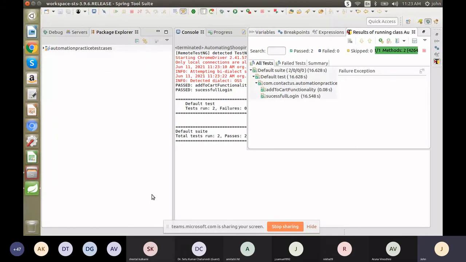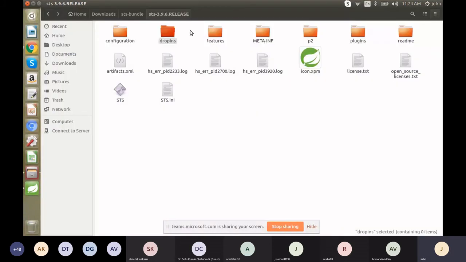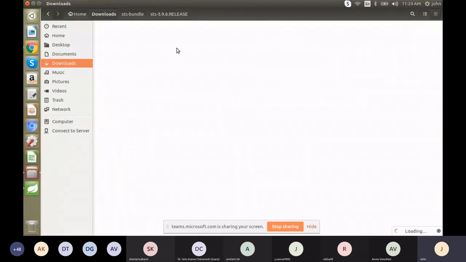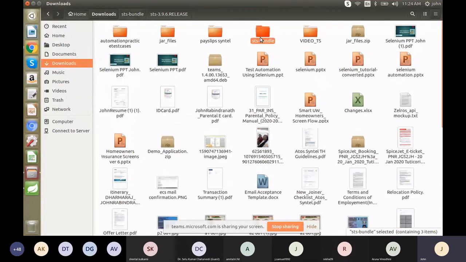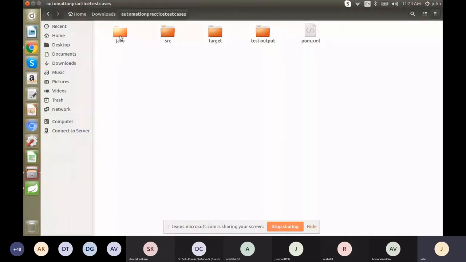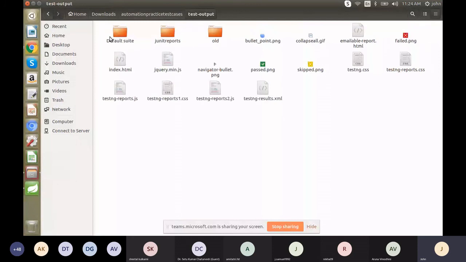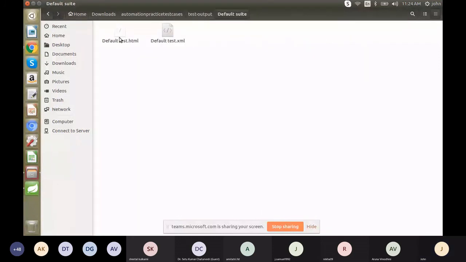Now you can see the reports also. We can go to our workspace and we can see our reports. In the test output, under the default suite, you can open this HTML in Google Chrome.